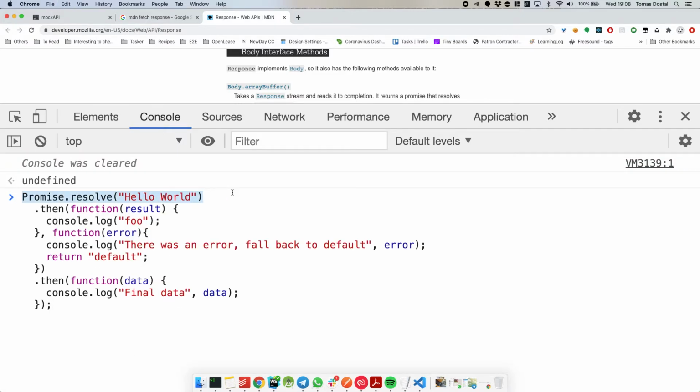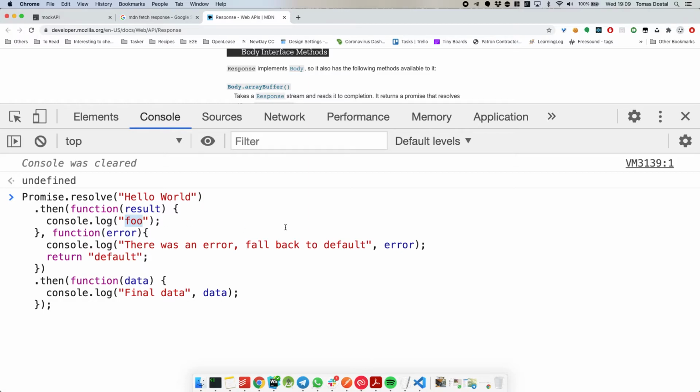Let's walk through it. Probably foo and final data foo again. So you're saying that we will see foo and then final data foo. Okay. Thomas said that we will just see foo, the result.